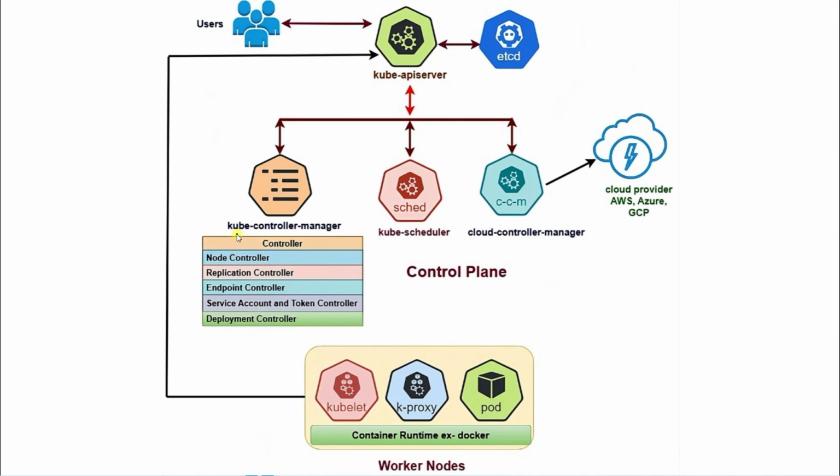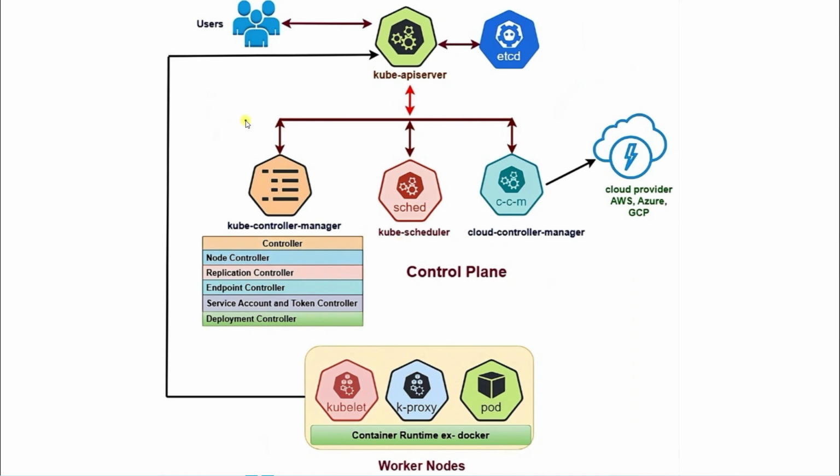Now another component we have here is the kube scheduler. Basically, a kube scheduler watches for newly created pods, and in simple words, the job of the kube scheduler is to schedule the pod on an available worker node. So what it does is continuously monitor the kube API server for new pods without a node